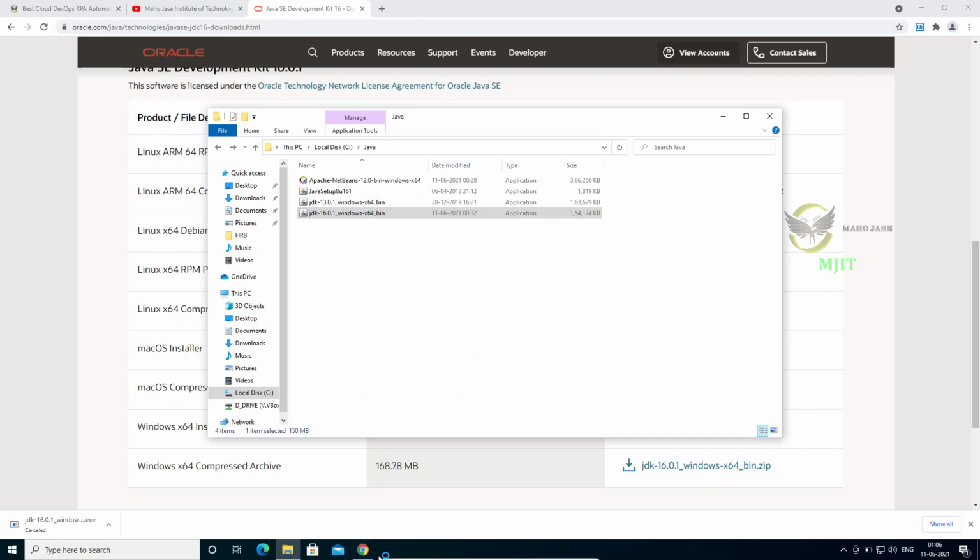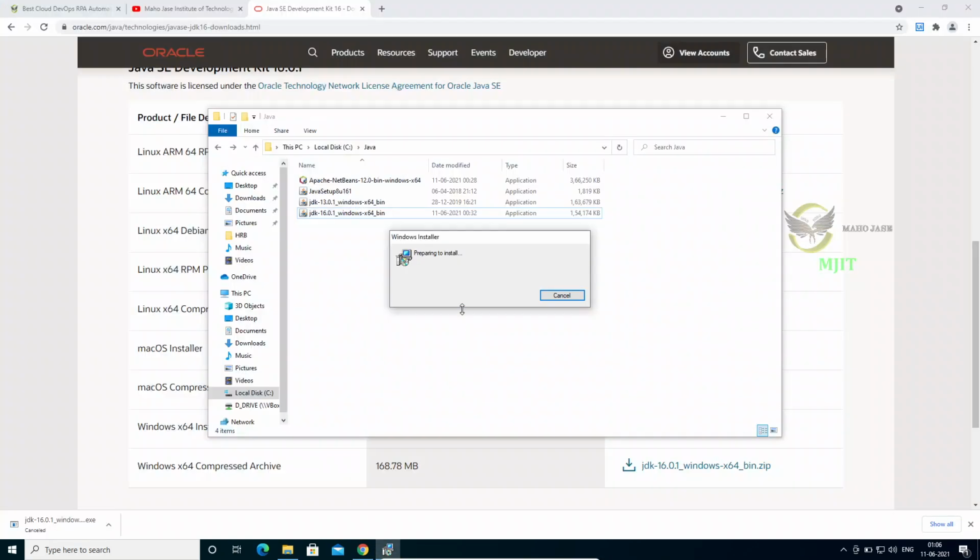Now it will initiate the application. You have noticed, it is installing, preparing to install.